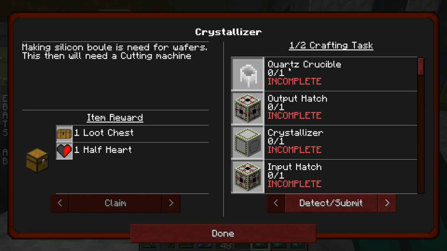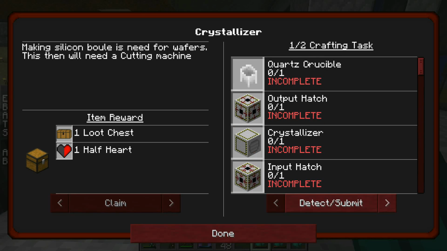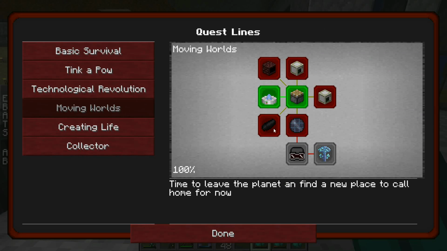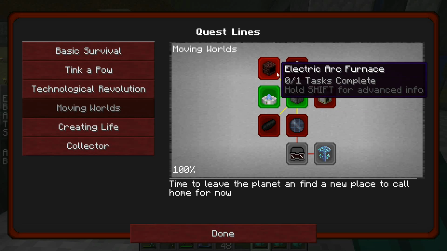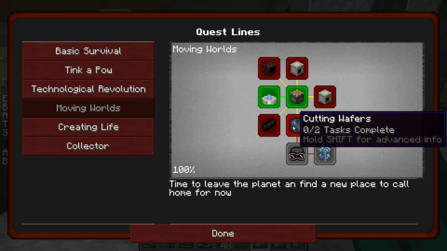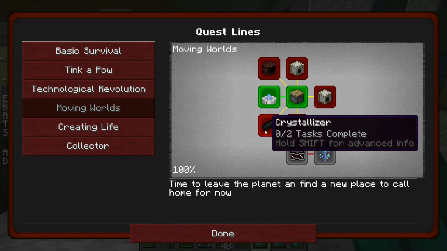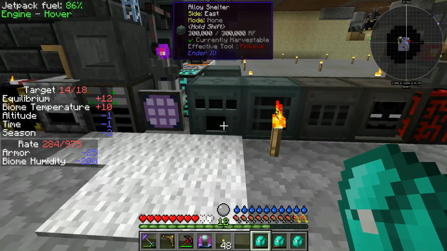machines. And the crystallizer requires 6 quartz crucibles. So I'm going to have to look up each recipe independently and list everything that I need. And that's what I'm going to do in between episodes in my other playthrough. I'm going to build a list of everything I need for an electric arc furnace, the lathe, the rolling machine, the cutting machine, and the crystallizer. And in the next episode or two, depending on the planning, we're going to craft everything that we need in one go. And with everything that we need, we're going to then put the machines down and use each